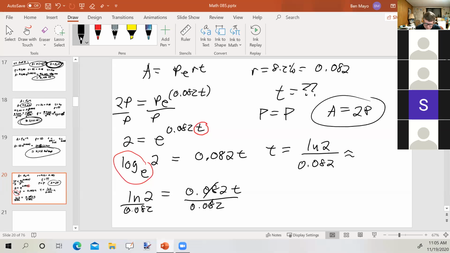So we'll go to our calculator. The natural log of 2 divided by 0.082 and I get 8.4530, etc. And here, let's see, they round to the nearest 10th, so it'd be about 8.5